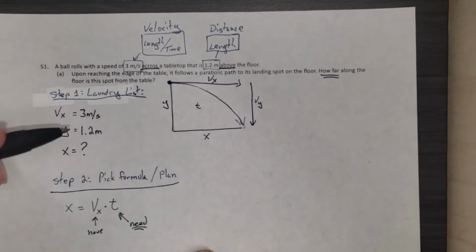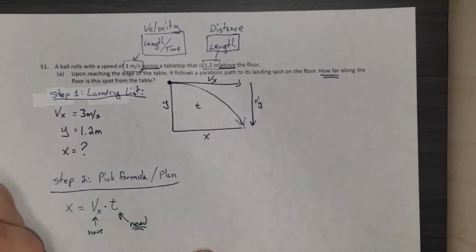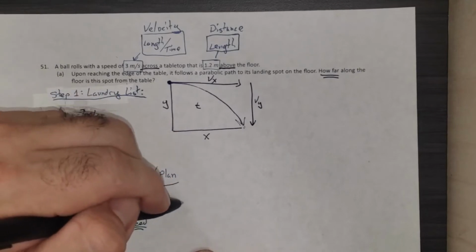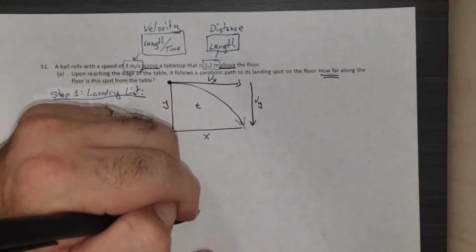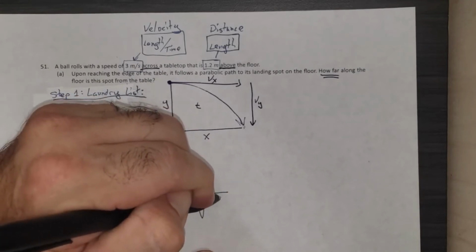Now, there are two formulas for time. There is time equals x divided by v sub x, which doesn't work because ultimately we're trying to solve for x, so we can't use this. Our other formula for time is from vertical motion, where time equals the square root of 2y